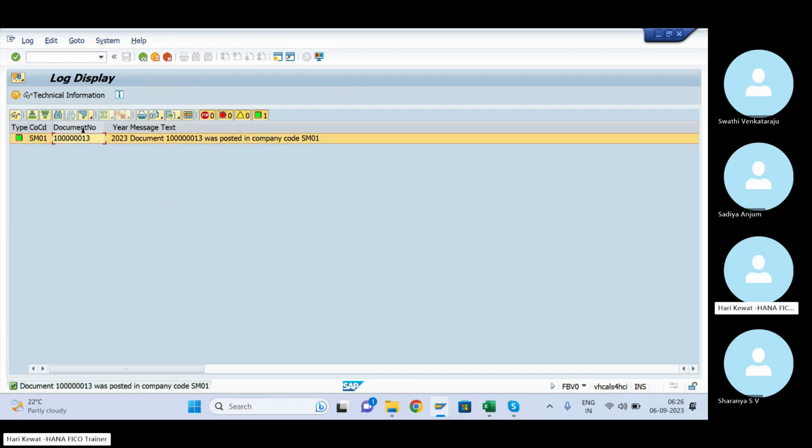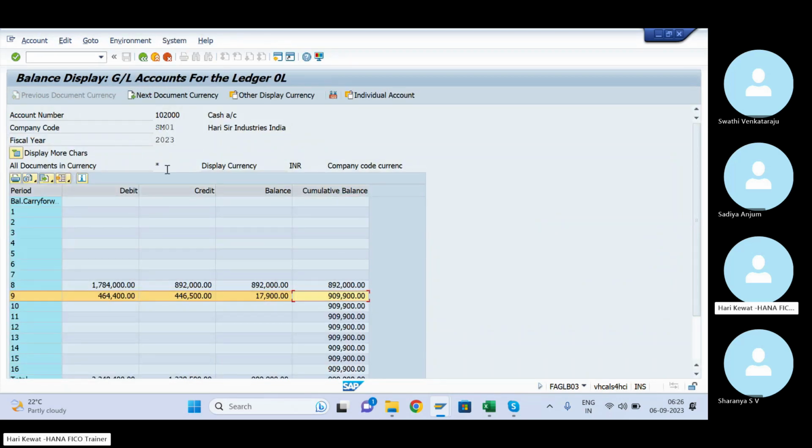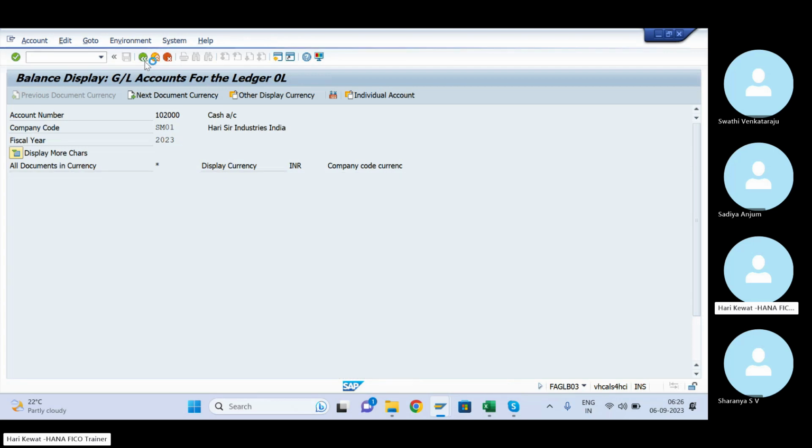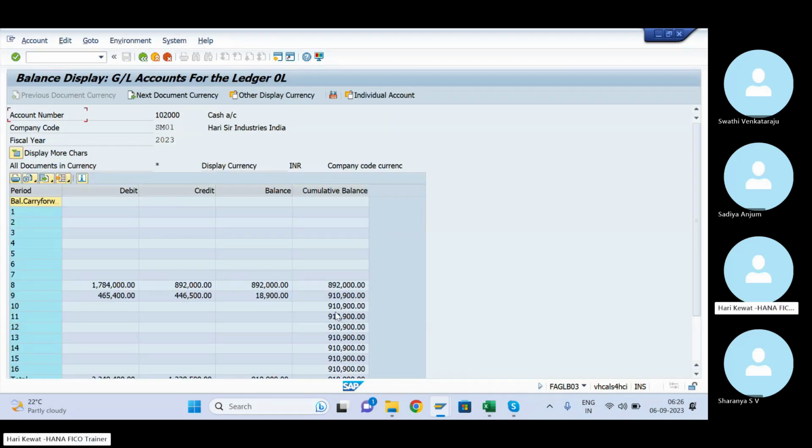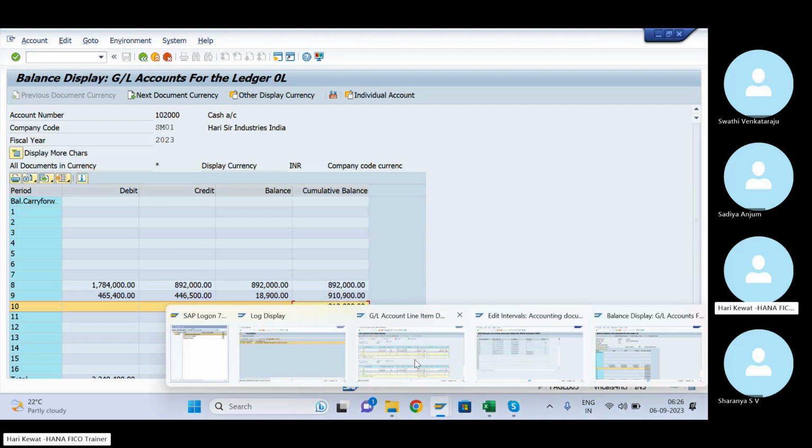This is the same document, whatever you have parked, the same document number got posted. Now observe it here. Let me run it here. See, 9,10,000 it became. Because now the financial statement balances are impacted.